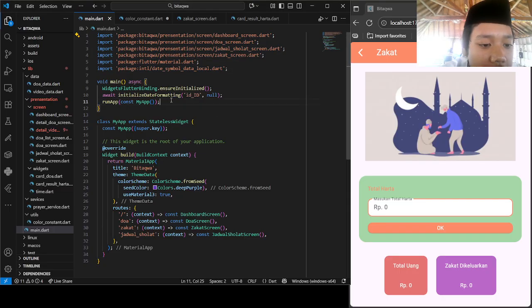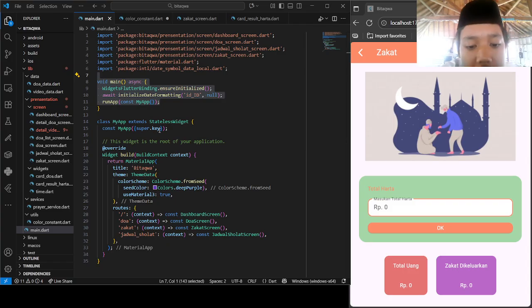Okay, now let's go to here. So what is this? Appointment. It's for this section. It's for making sure that the system of Flutter is working well before running other code. And then this is for the date format.